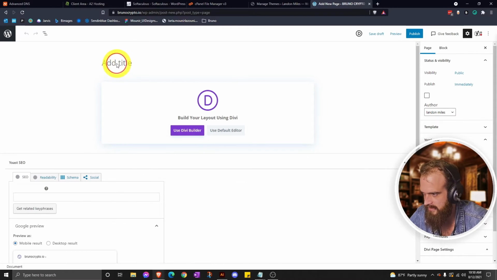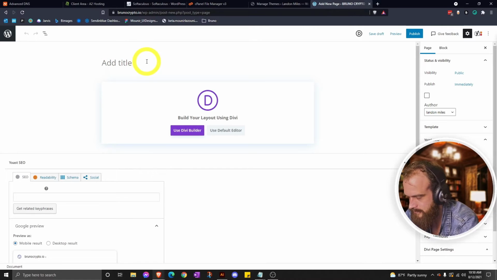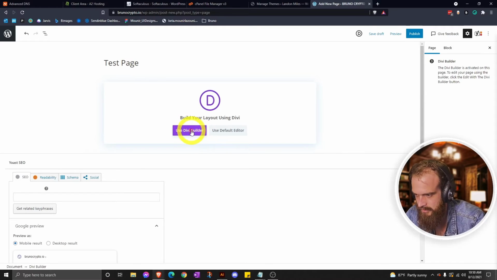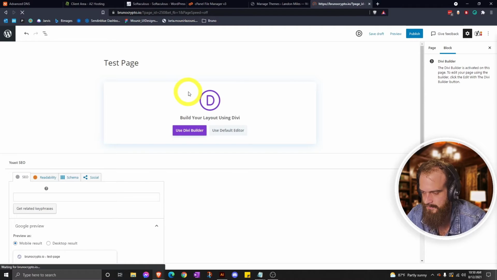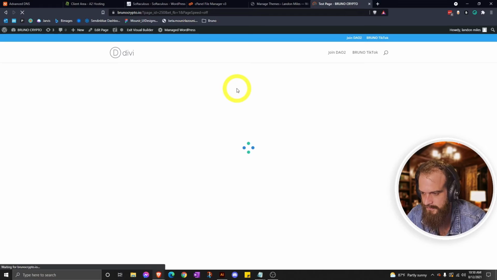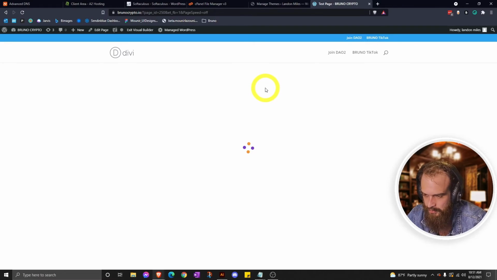All right, so I'm going to type in test page, and we're going to click use Divi Builder. Cool. So now it opens up as a blank